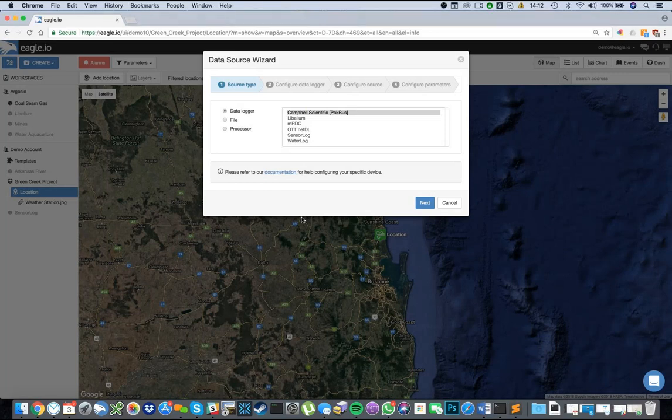The second option is we do support a range of industry standard data loggers, and they can be found on our website. And that list is also here as well, and you can choose that device from the list and connect to it. And we add first-class support to some devices where we can do 2-way communication, do remote control aspects, and do firmware updates to a fleet of devices out in the field through a click of a button in eagle.io, which is quite an empowering tool, and we certainly have that in place for the Campbell Scientific data